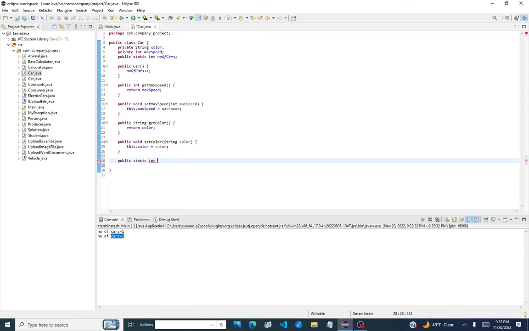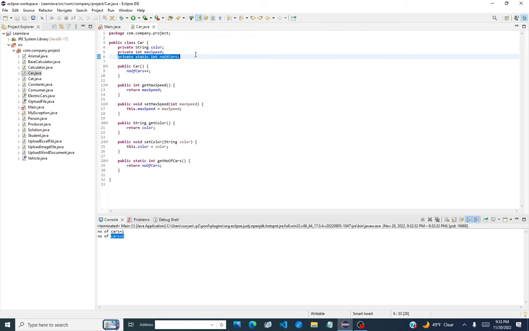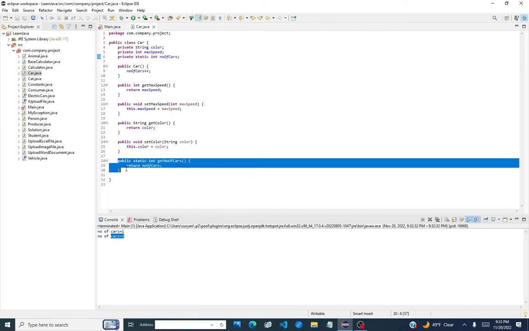Let's just get the number of cars. So we can use this method and I can return the number of cars here. So what I'm saying is, instead of saying public, I can also say private. So I said it is a private variable, but now I have a getter method, so I can do the